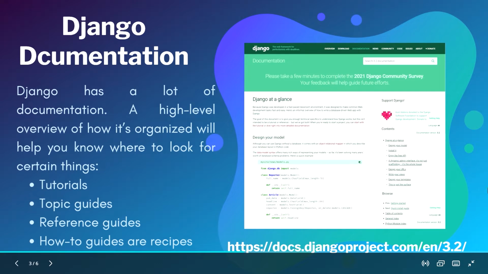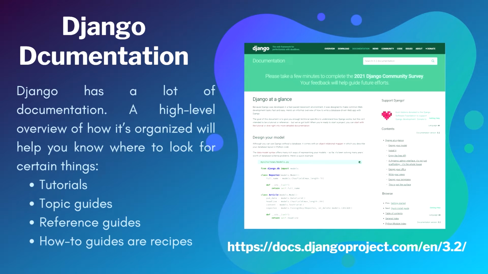So the documentation has tutorials. It has topic guides, tutorials on how to install, how to go ahead with the project, and topic guides like each topic, guidance on each and every topic in Django, all the codes and commands. Then reference guides contain technical reference for APIs and other aspects of Django machinery. How-to guides are recipes. They guide you through the steps involved in addressing key problems and use cases. So you can all go to the Django documentation and start off with the project.